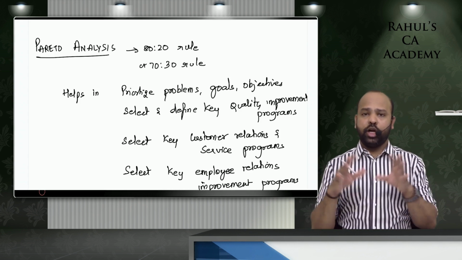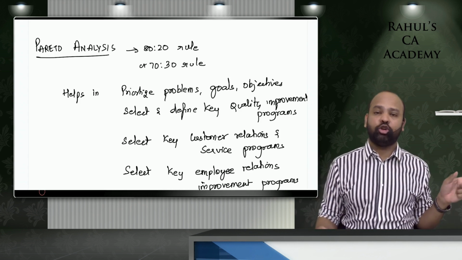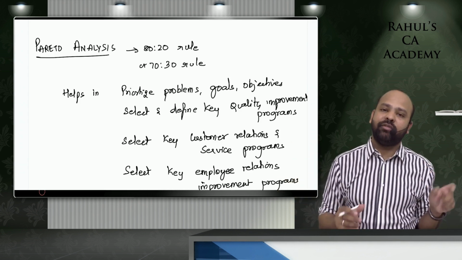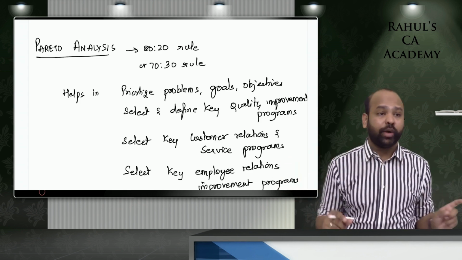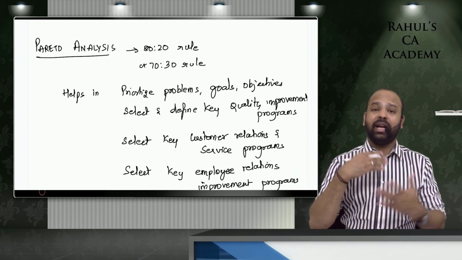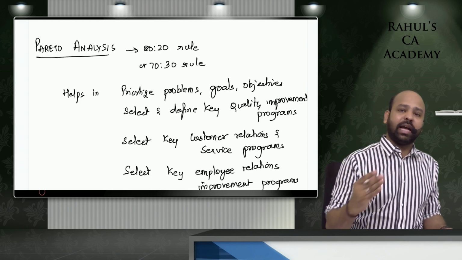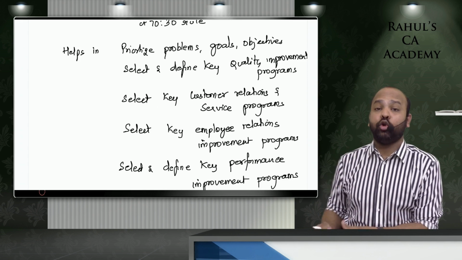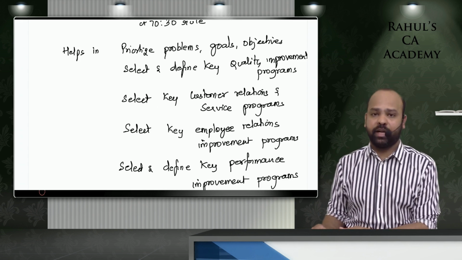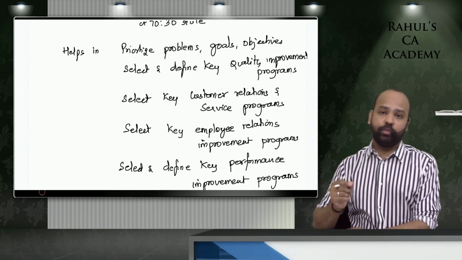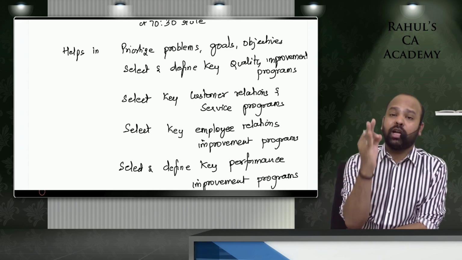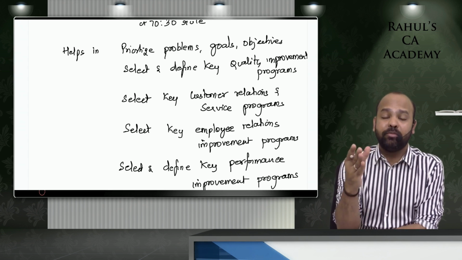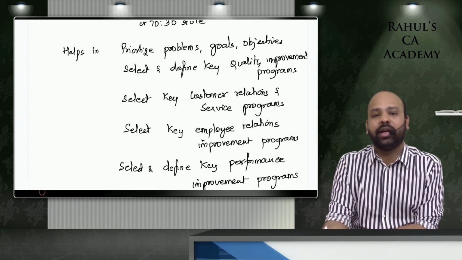People said, guys, that in the majority of areas you can see, beta, that 20% of causes will have 80% impact. Cause and effect relationship. 20% causes will have 80% impact, guys. So you can use this 80-20 or 70-30 phenomenon in different aspects of an organization. Now, what is that, beta? It will help you in prioritizing your problems, goals, and objectives. Say if you have a list of 100 things to be done, guys, make a list of what the most important things are. Target those things first. 80-20. 80% of your problems will be solved by doing only those 20% of activities first.